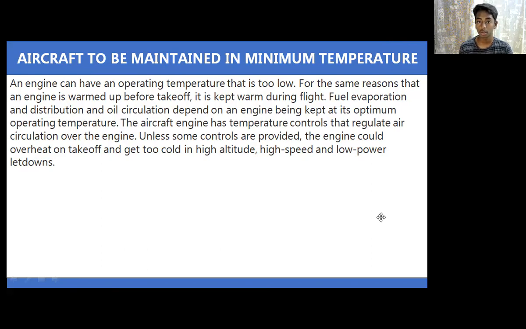because on the surface of the earth we can see that the temperature rises up to 60 or 70 degrees Fahrenheit. When the altitude increases, the temperature will be so cool that it could freeze engines. So for defrost, for not getting cooled, a defrost system is found so that the engine won't get frozen